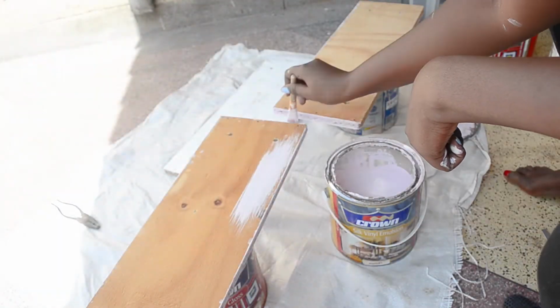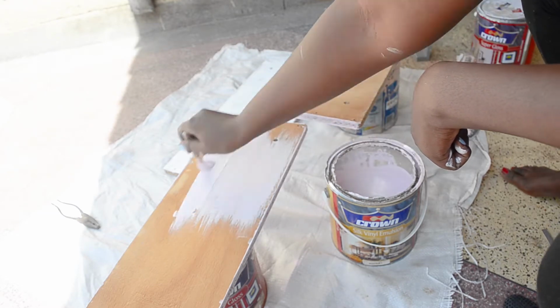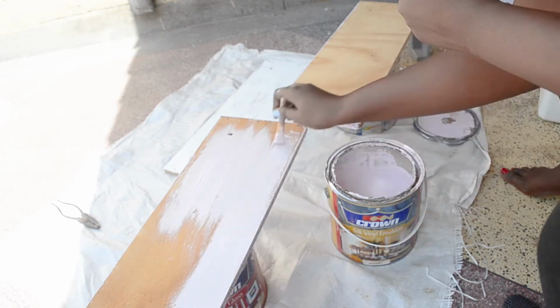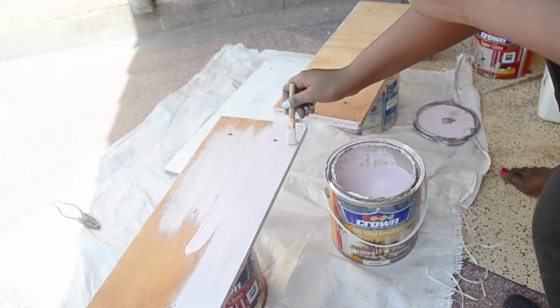So after drilling, I just wiped down the wood because it was already smooth enough. I didn't need to sand it down, but if your wood is not smooth, make sure you sand it down, or if it's already coated with anything, painted or something, just sand it down to make it smooth and to help the paint stick to it. So I just wiped them down and then was able to start painting, and I didn't put on any primer or any pre-paint or varnish or whatever. I just started painting. So I started with this pink paint,